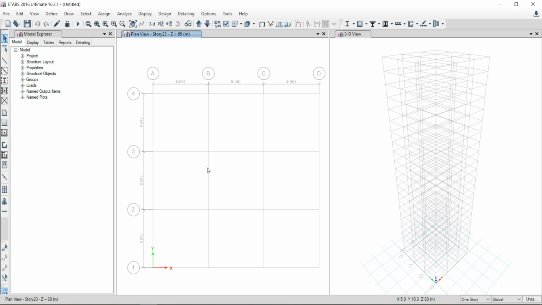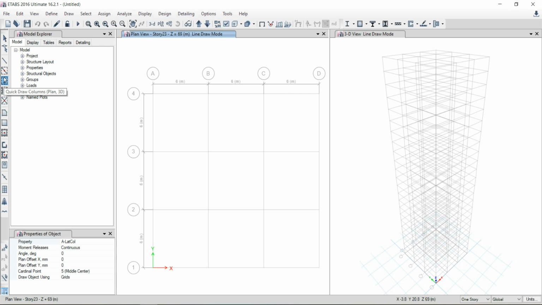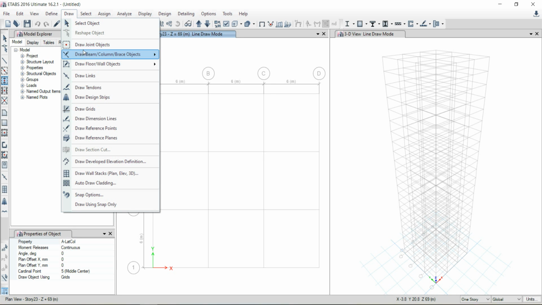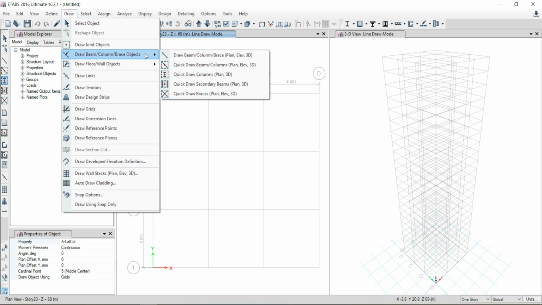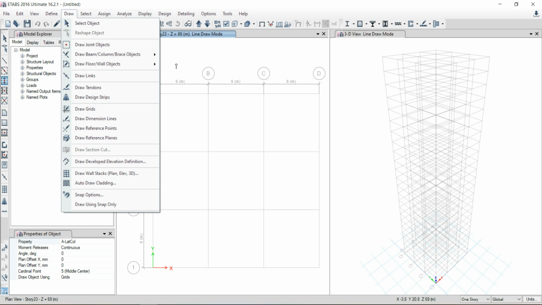Now we'll draw the elements using these. So we have to select the quick draw column option, either from the shortcut or from draw beam column brace objects and this quick draw column. We'll use the shortcuts for now.